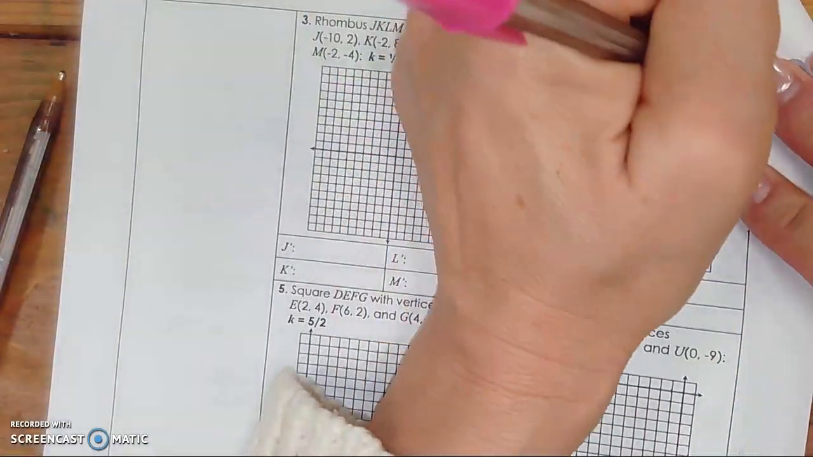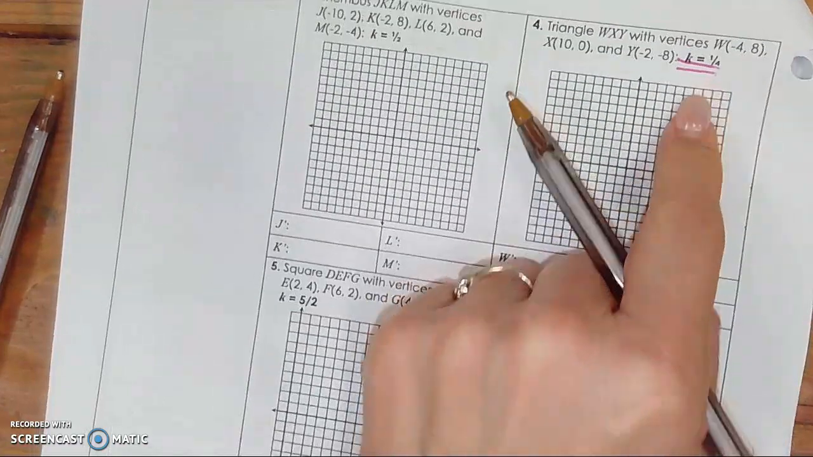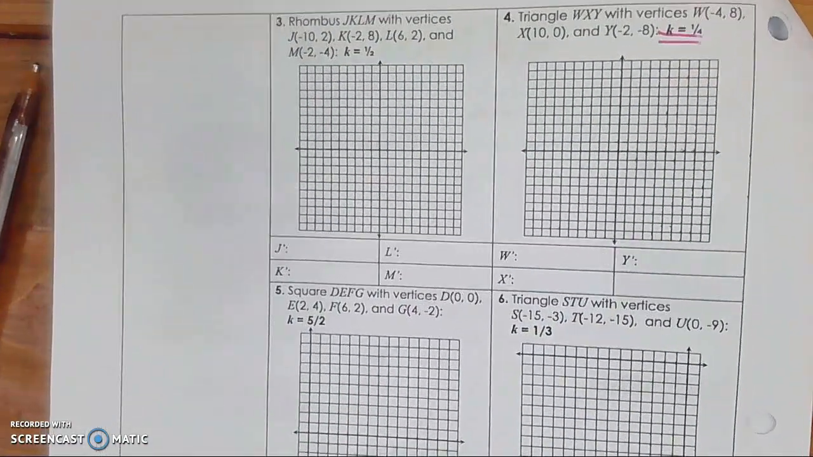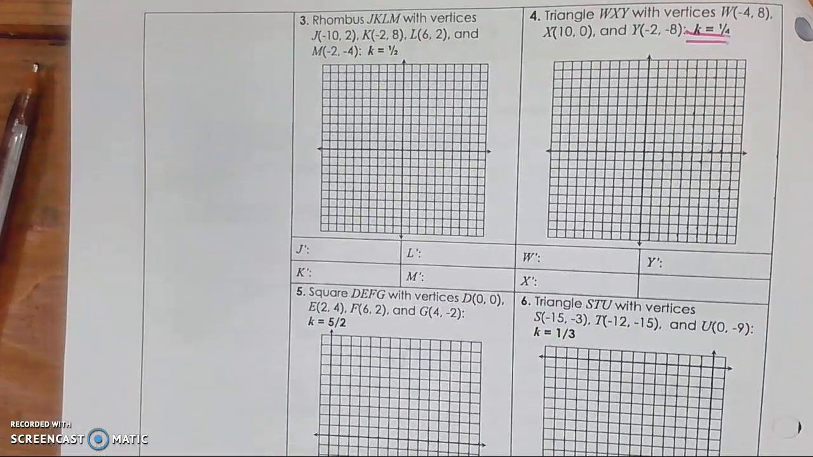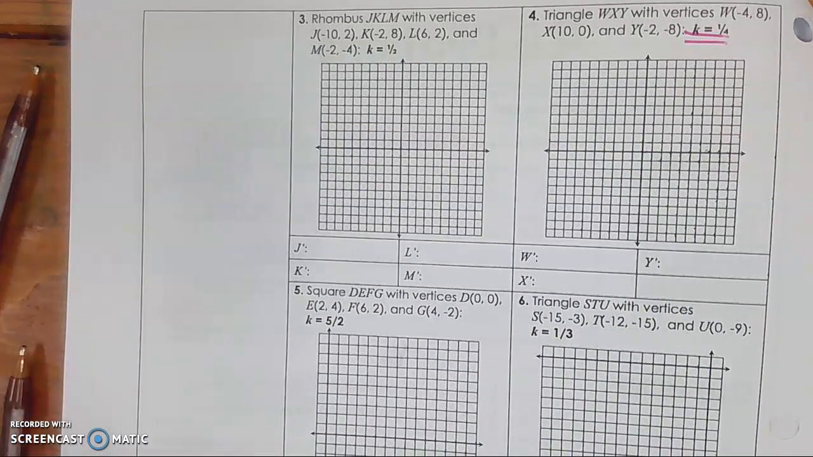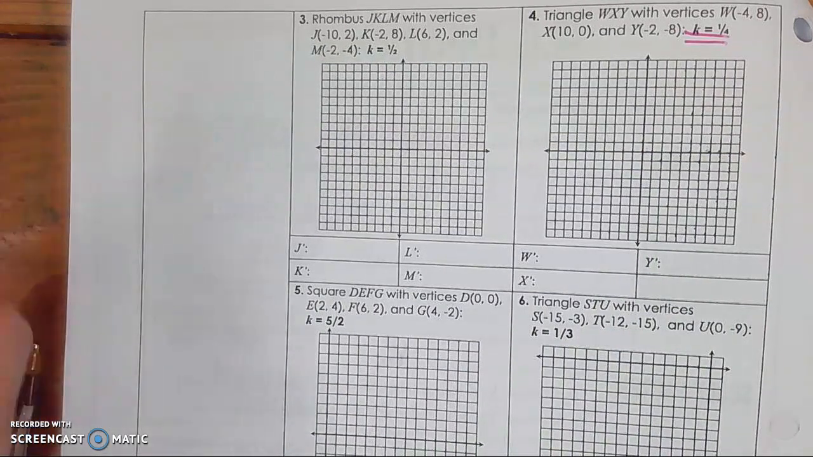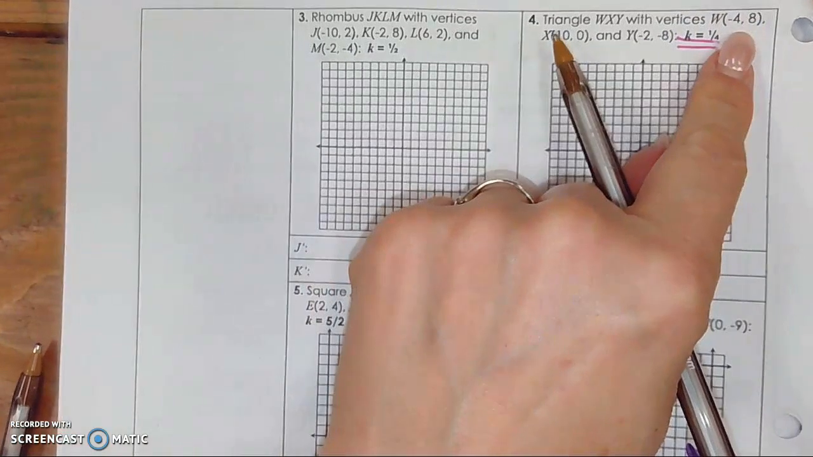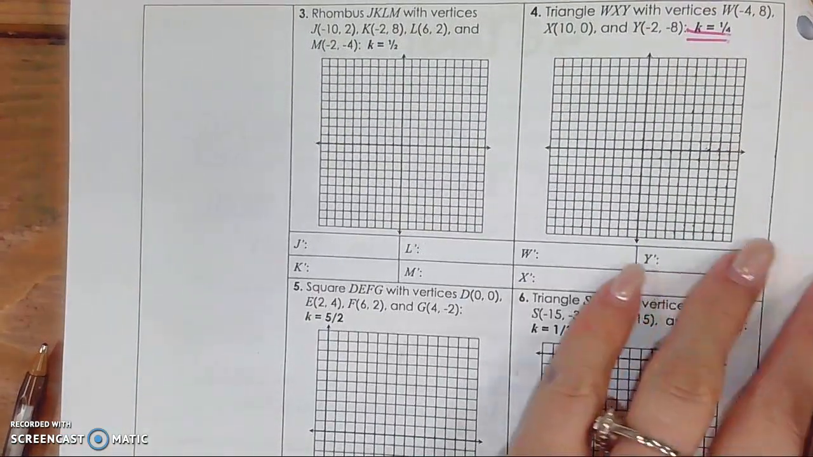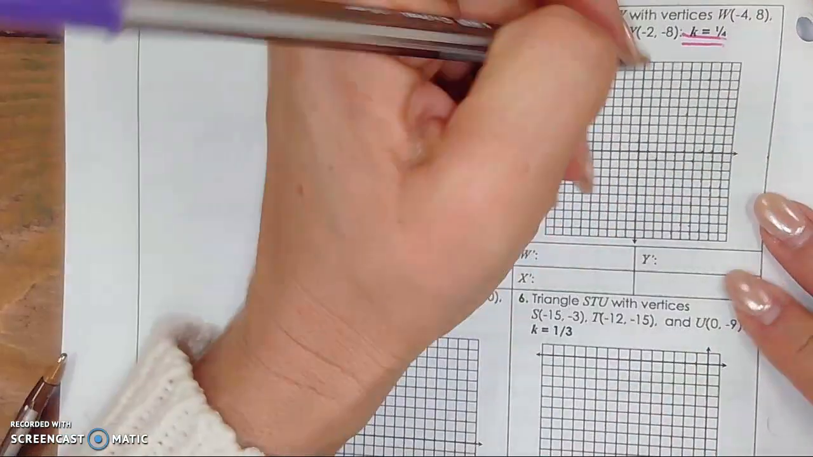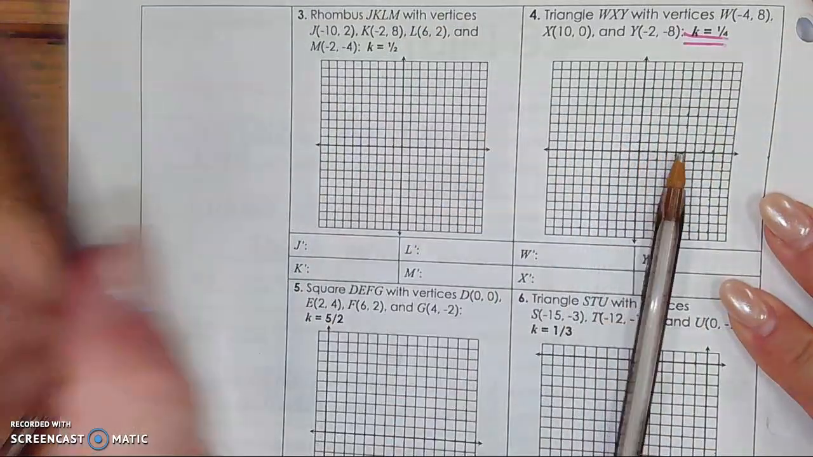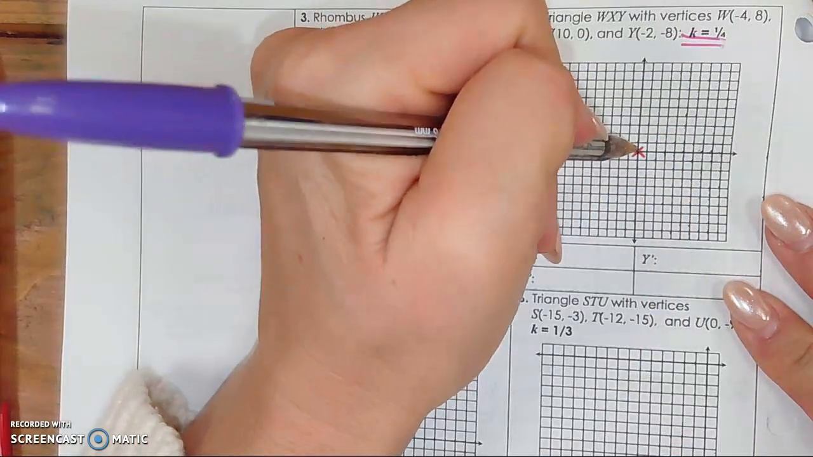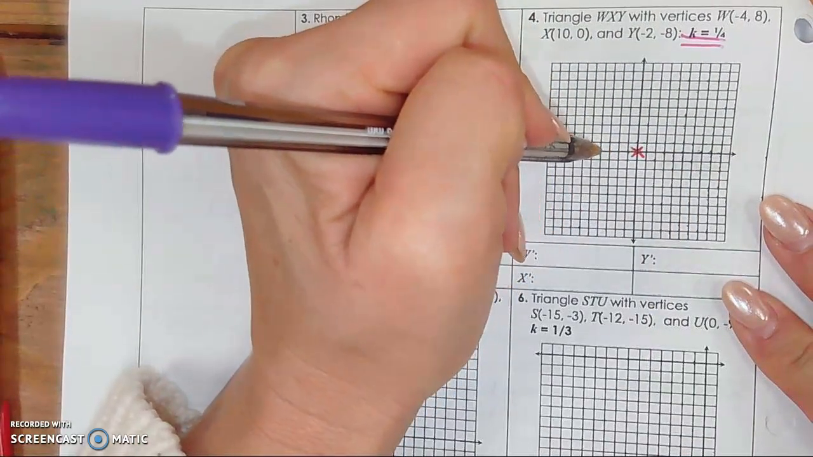Okay, so this time you notice that our scale factor is less than 1. That means it's going to be getting smaller. Okay, so again, I'm just going to start by plotting my original figure, my pre-image, and I have -4, +8, and again, I'll mark my origin just so I know where my starting point is. So from here, -4, up 8,